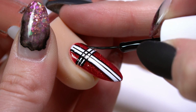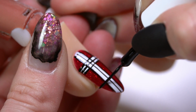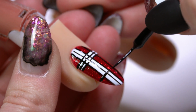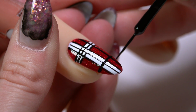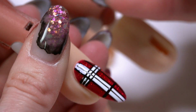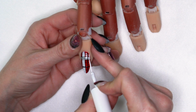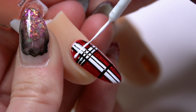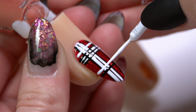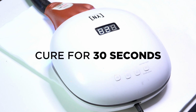So we've got our base of our design here. Now we're just going to start to add in some accent lines to give us a little bit more detail. So with these, I'm going to do maybe more of a medium thick line. All right, I'm going to freeze that into place again. So we got our black accents. Let's go ahead and do our white accents. Okay. I'm going to go ahead and freeze that back into place one more time,